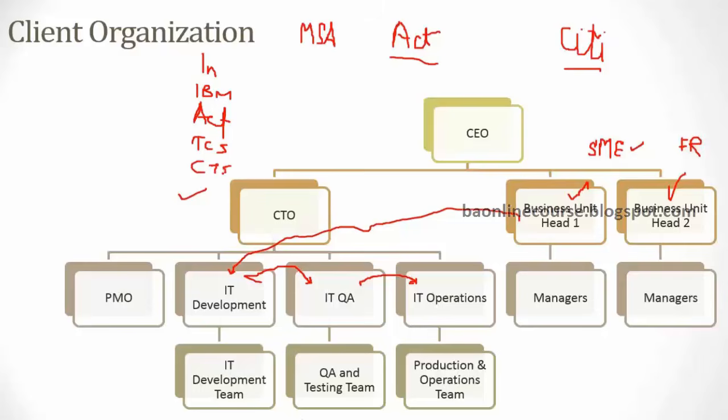Okay. Now let's say these are the 5 vendors which have an MSA with Citibank. It could be any number. It need not be only 5. It could be 10, it could be 15 vendors that Citibank could sign MSAs with. Now, whenever an opportunity comes in, like the mobile banking app, these guys would say that I have this